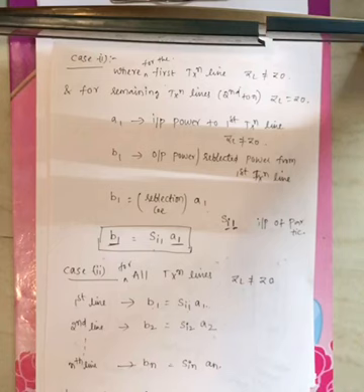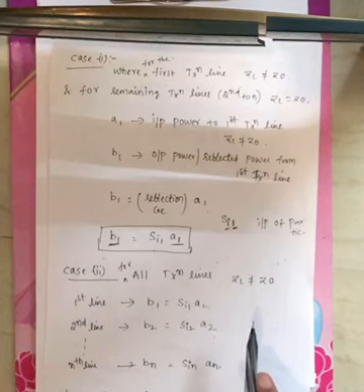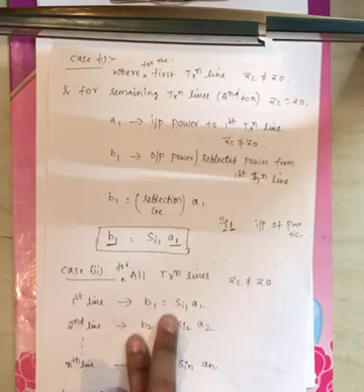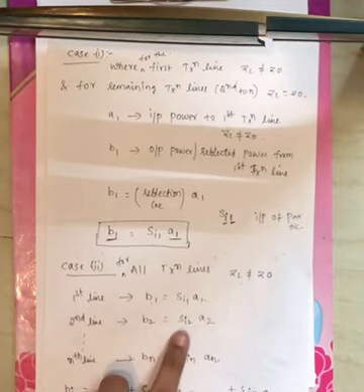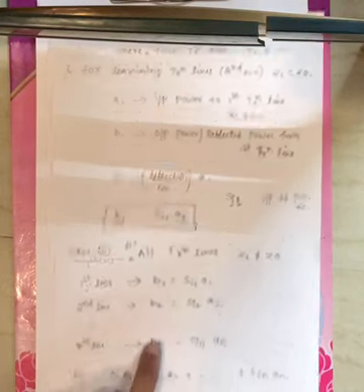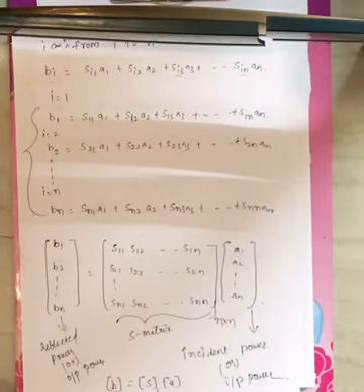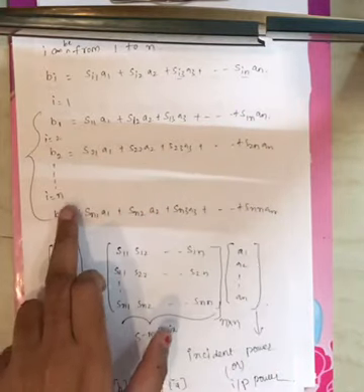Now consider case 2, where for all transmission lines ZL is not equal to Z0. Now what will happen? You will get reflected powers from all ports. For the first transmission line, this is the reflected power, and for the second transmission line, the reflected power B2 equals reflection coefficient times incident power, and so on for the nth transmission line. The total reflected power is from the first transmission line plus the second, and so on up to the nth. Here i varies from 1 to n. When i equals 1, this is the expression you get. When i equals 2, this is the expression, and so on up to i equals n.